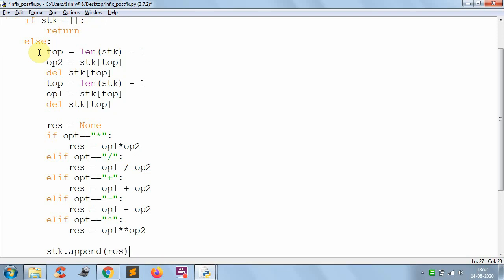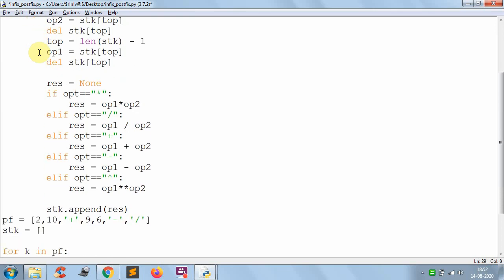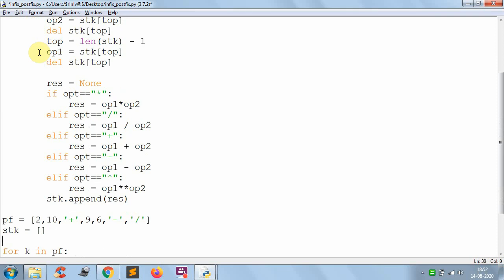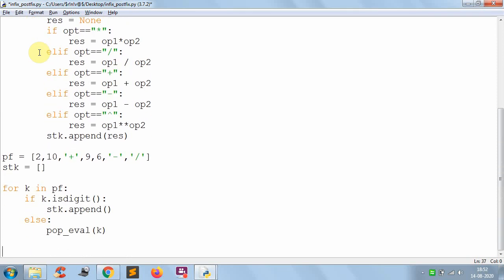So almost my logic has been completed. After doing all the things, at the end only one element will be left in the stack, and that will be the final result.